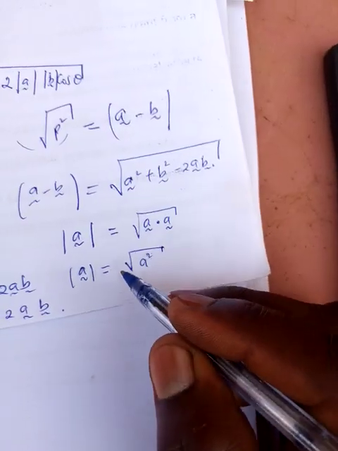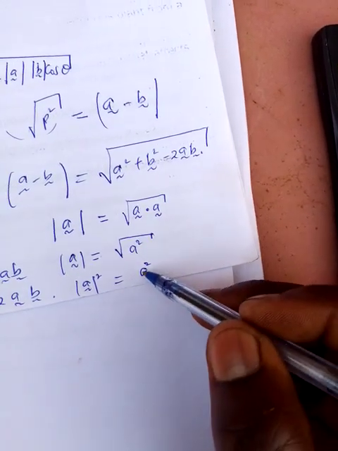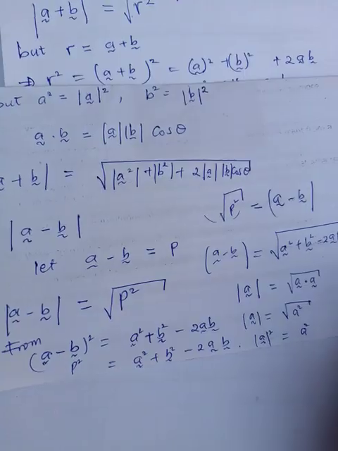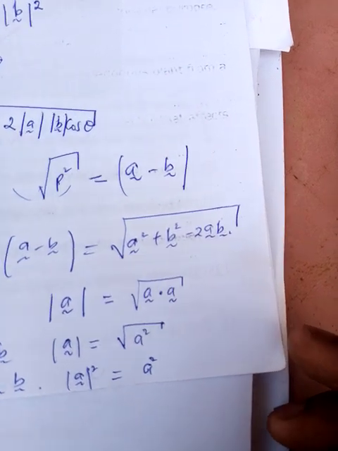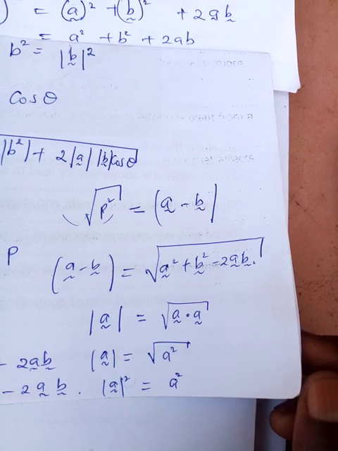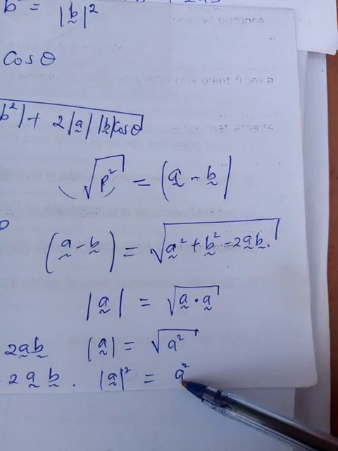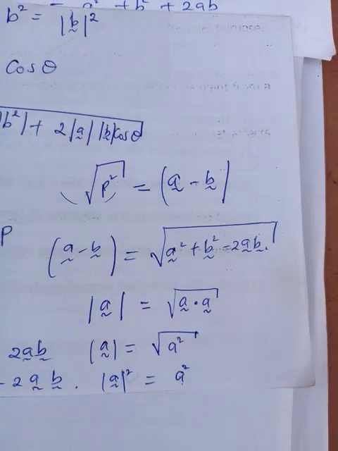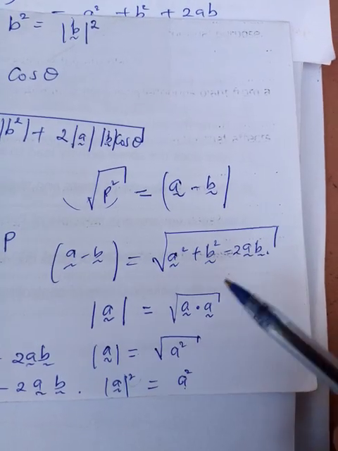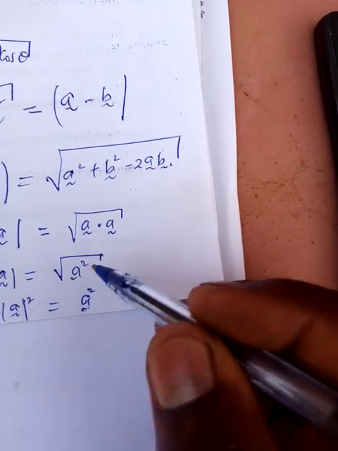To remove this square root symbol, you get a squared equal to a squared. Therefore, a is equal to the magnitude of a if you remove the squares. This is what I'm talking about. So you get it clearly. We are going to substitute where there is a squared, we shall put this one. This one can remain as vector a squared, but you know it will turn to